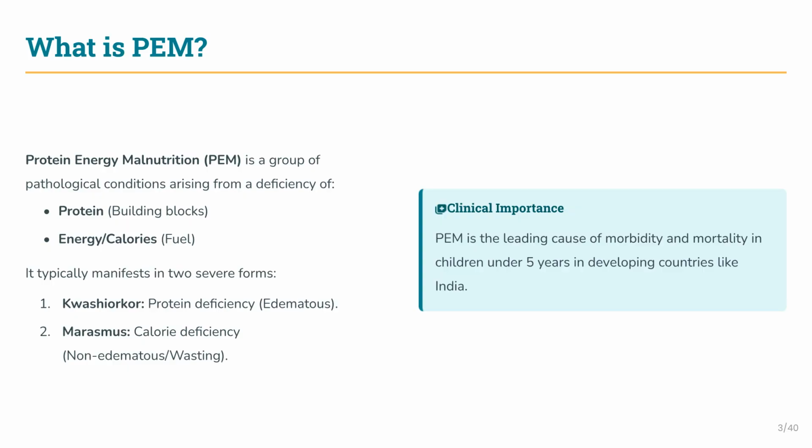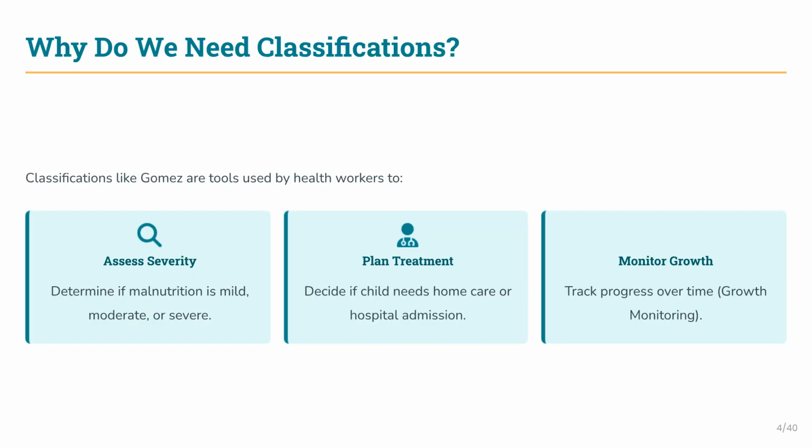The two severe forms are kwashiorkor, which is protein deficiency leading to edema, and marasmus, which is calorie deficiency leading to wasting. PEM is the leading cause of child morbidity and mortality in developing countries. Classifications like Gomez are essential tools for health workers to assess severity, plan appropriate treatment, and monitor a child's growth